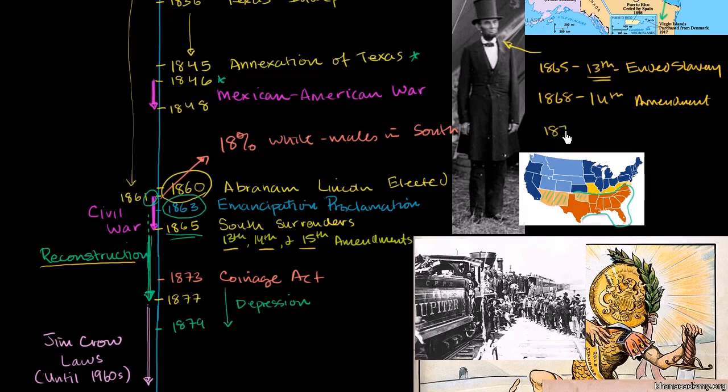And then in 1870, you have the 15th Amendment, which gave all free men the right to vote. And obviously now all men were free. There were no non-free men, the right to vote. And I emphasize the men because even at this point, women did not have the right to vote. And the 14th Amendment also introduced a due process, which I won't go into the details here,